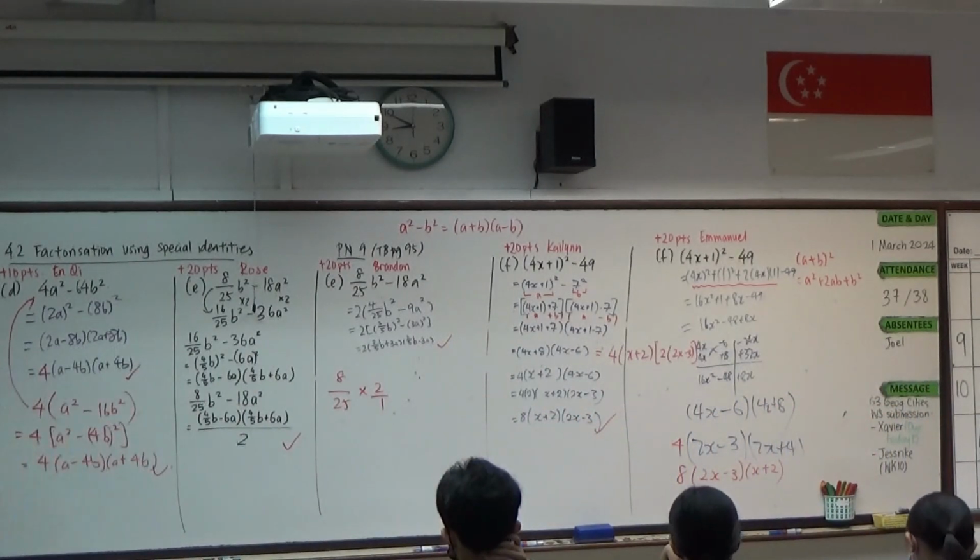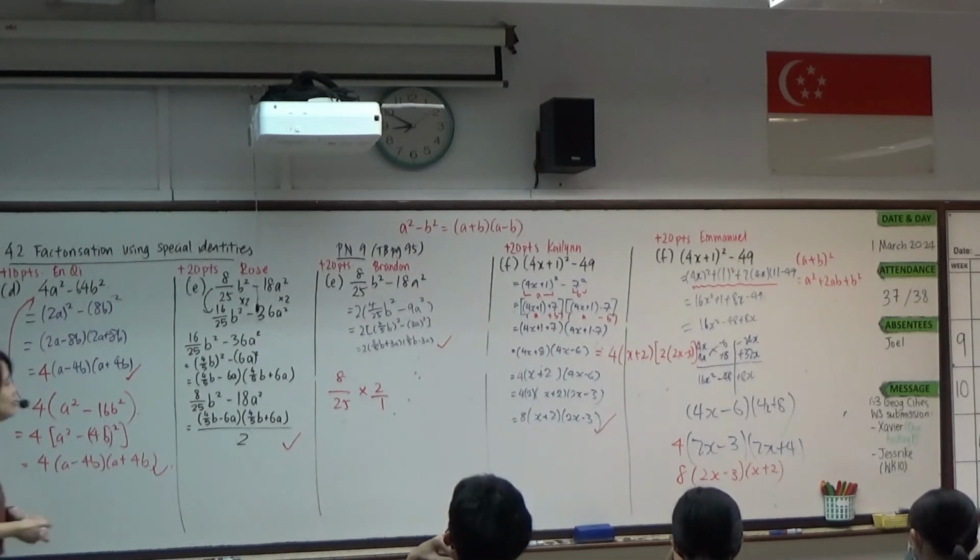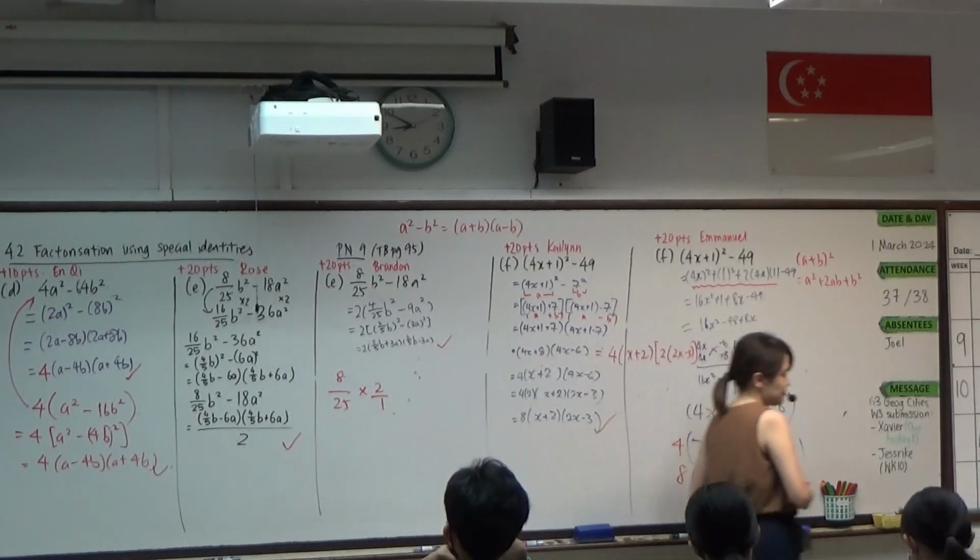Alright, so I'll give Eileen 20 points. For the slight inaccuracy for Emmanuel, I'll give 15 points, okay? Alright, let's